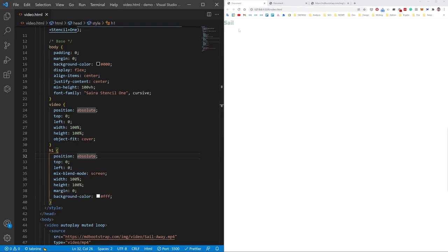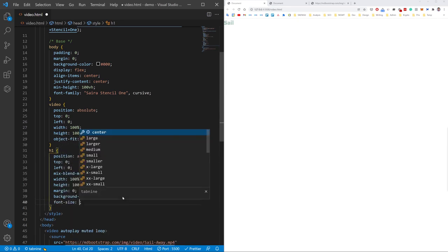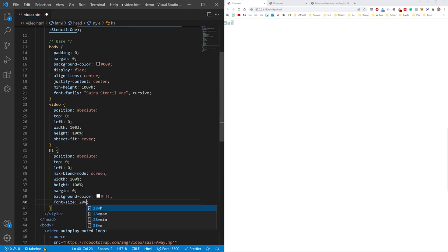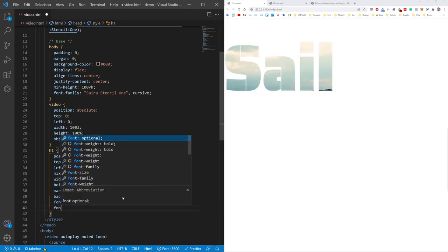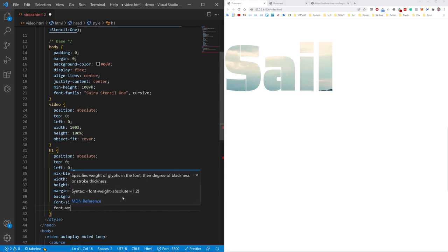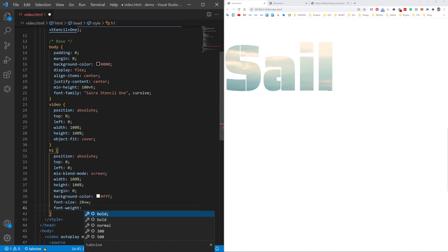And as you can see, our text is still in the top left corner and the video is set as a background of this text, but because it's very small we cannot see it, so let's increase the size of our text. Font size, let's say 28 viewport width, and font weight. Let's set it to 40,